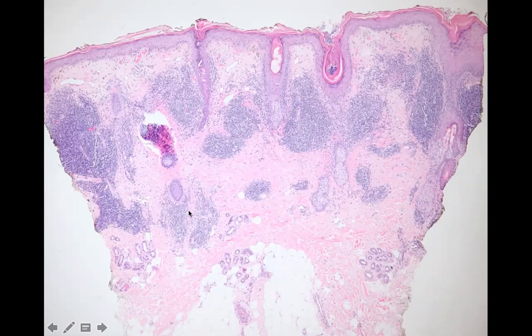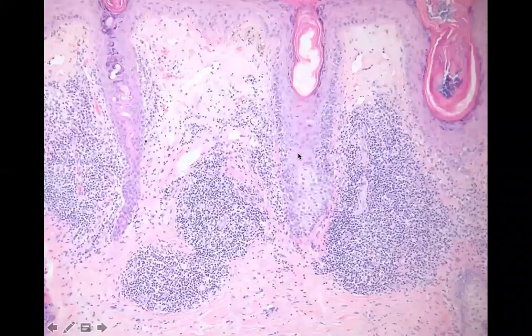So here you can see you have your superficial and deep perivascular, perifollicular inflammatory cell infiltrate. And you can see even in the lower parts of the follicle, your inflammation sort of goes all the way around. It doesn't only favor the upper third. And then if you go in close, you can see a little bit of your thickened basement membrane, a little bit of this lymphocytic dust that I alluded to, and the interface,